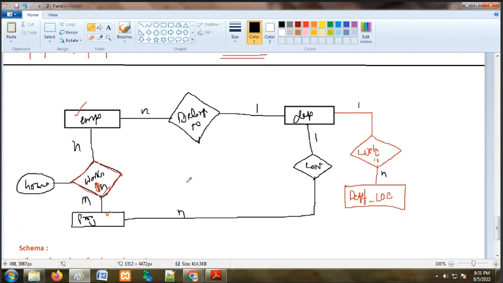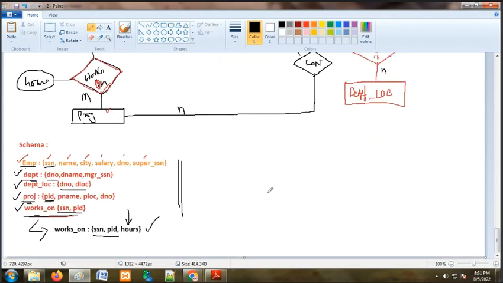For each and every case, see here, these are two relationships. We will not make tables for these relationships. But for this relationship, we need to create a table, because it is special. So in that table we will have this attribute. Like that, see another example. Suppose